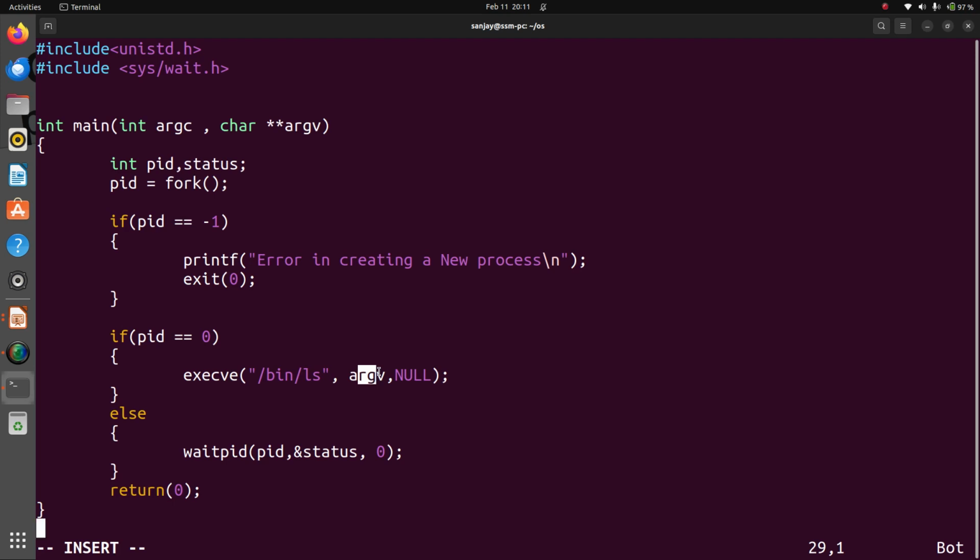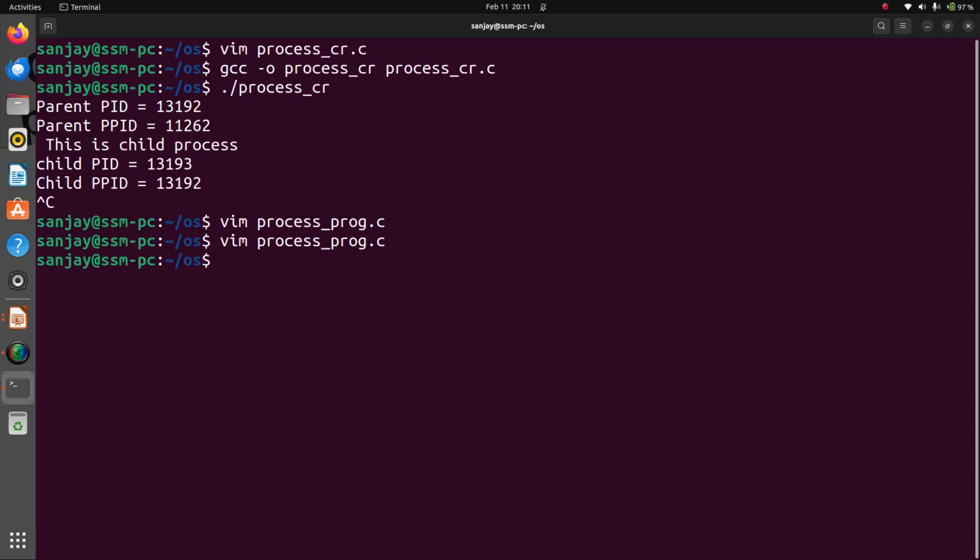Now we will execute this program and see what happens. First of all, we will compile with the GCC compiler, gcc -o process g.c, compiled successfully. Now run the process.